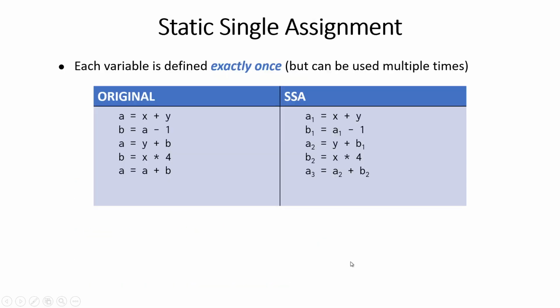We said the way to make it work is to use single static assignment. Whenever we assign a variable, we don't reuse that variable. We are creating a new fresh variable only for this purpose. And then, of course, this assignment should work. So if we do that in the piece of code that we had right there,